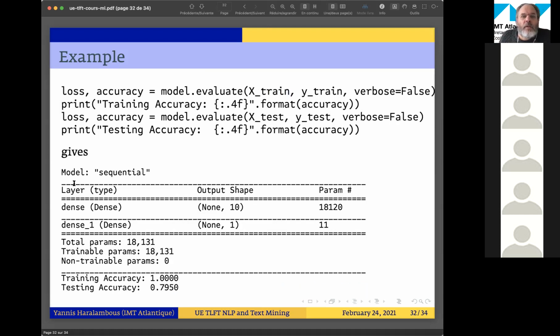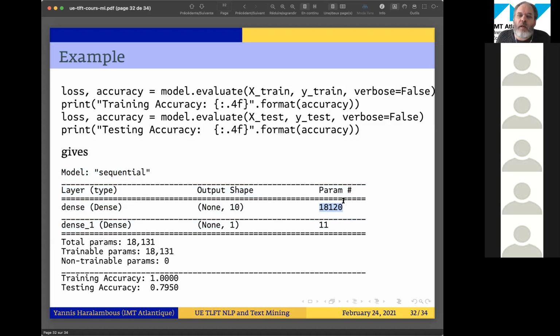Okay, so here is what is displayed on the terminal. First, there is a description of the model. How many parameters? So these parameters are the thetas and the b's. Why are there so many? Because my corpus had many distinct words, and I took them all. We will see that we can also take a subset of words. We can choose the most important words to keep, but here I took them all.